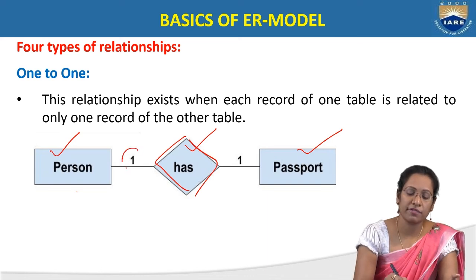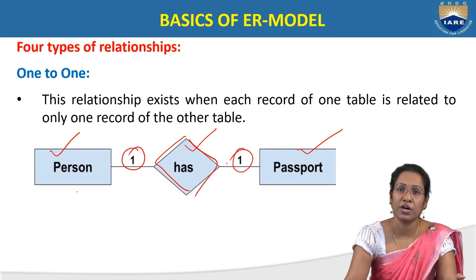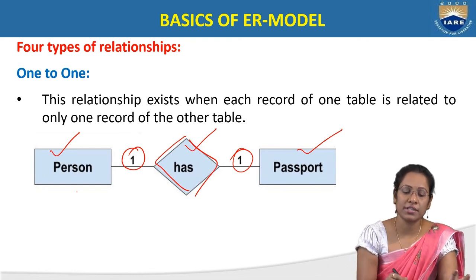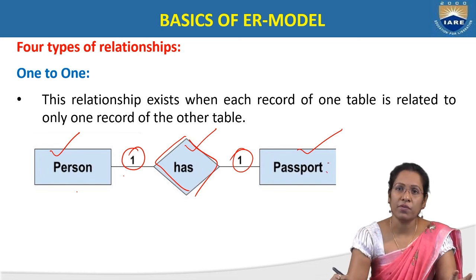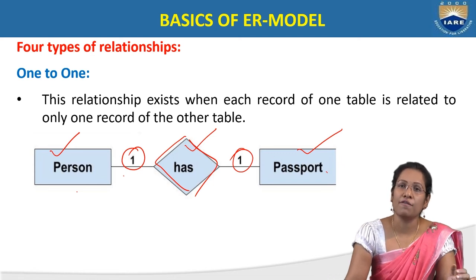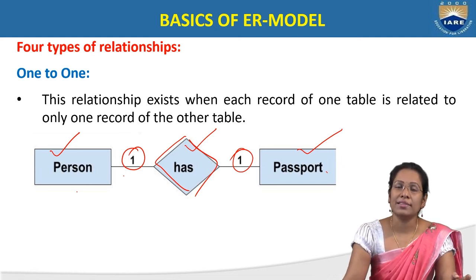So here one represents the first one, one to one representation. Why? Because one to one, a person can have only one passport. So we are looking from the person, who can have only one passport, towards the passport. When we come across the passport, one passport can be given only for one person. So that's why there is a one to one relationship between the person and the passport, and these are two different entities, and the relationship is "has".